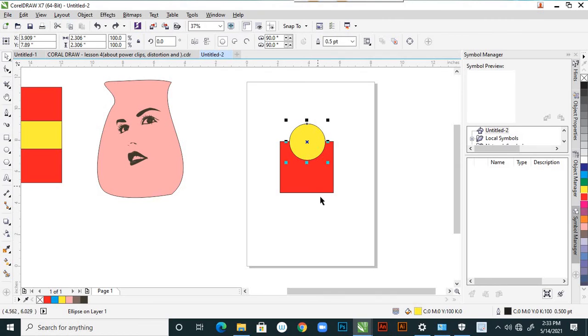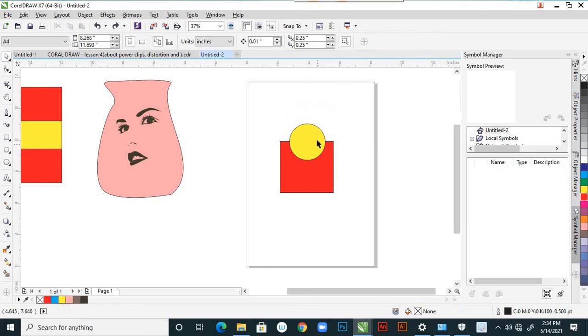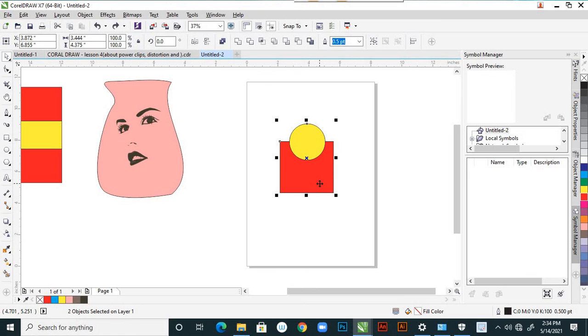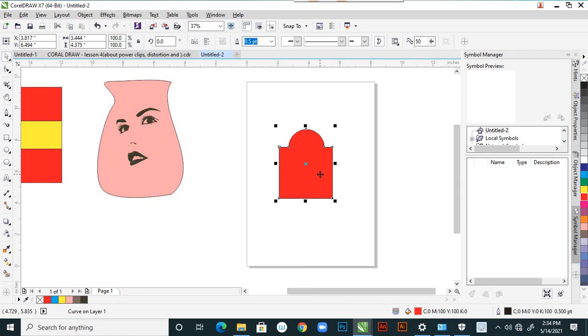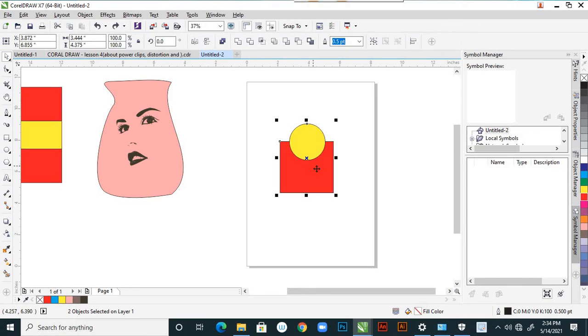And again, with shift you can select these 2 and use the weld: combine objects into a single curve object with a single fill and outline. See, this kind of shape, if you want to design in a logo, by combining these 2 shapes you can easily create that.